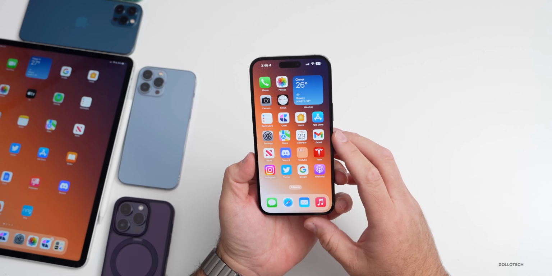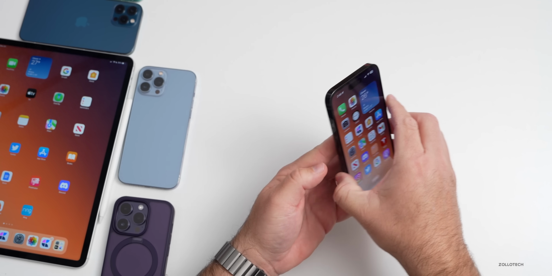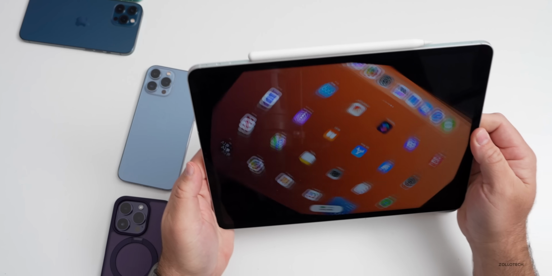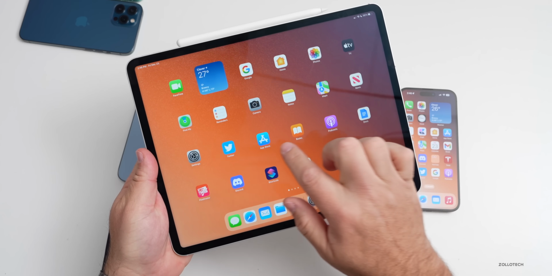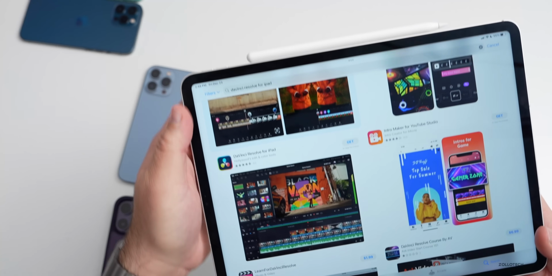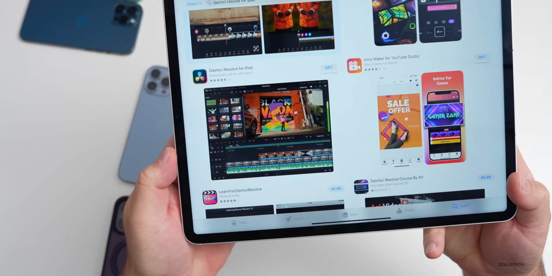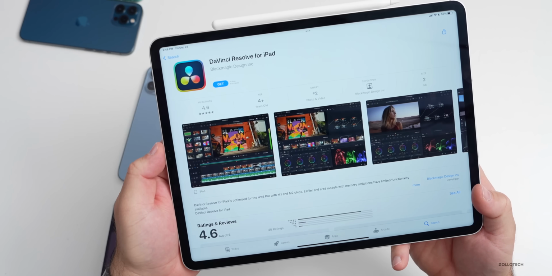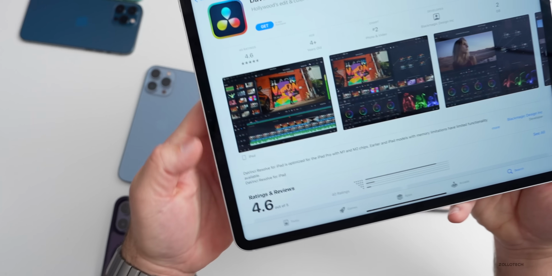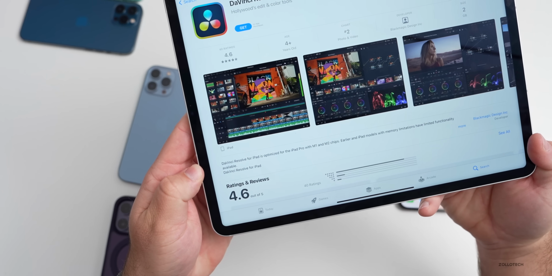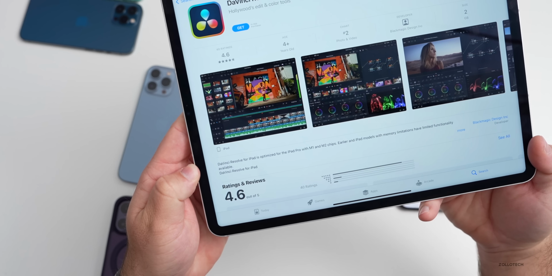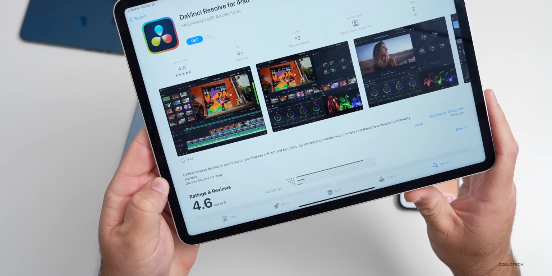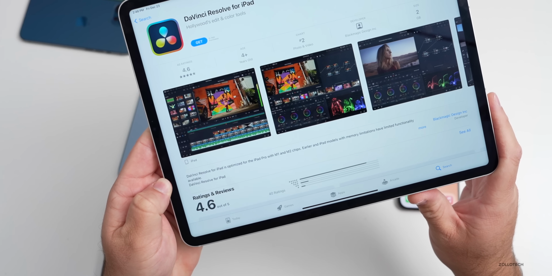There's also a couple new releases I wanted to mention. Apple mentioned one in their keynote a while ago when it comes to the iPad. So if we go on the iPad, any iPad that will support it, we go to the App Store, and within the App Store, if you search for DaVinci Resolve for iPad, the app is finally here. You can try it for free, and it looks like when it says get, it means there's add-on options. And you'll see here it says DaVinci Resolve for iPad is optimized for the iPad Pro with M1 and M2 chips. Earlier iPad models, I think that's a typo, earlier iPad models with memory limitations have limited functionality